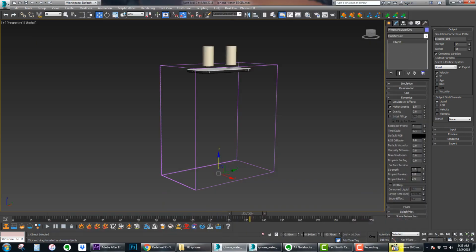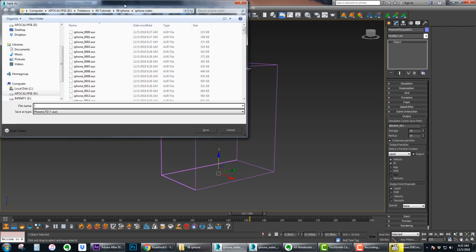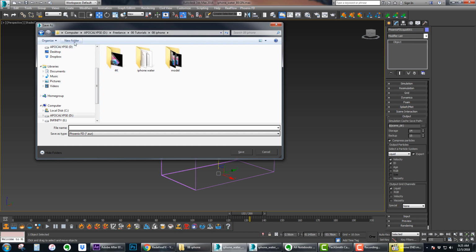You might have to play with it a little bit to find a value that works for you, or you can just leave it at 0, but I did 1.3. Then you can skip foam, skip splash. Output, obviously just put in the folder where you want your liquid data to go to. So I'm gonna say